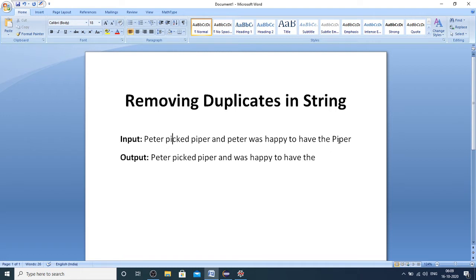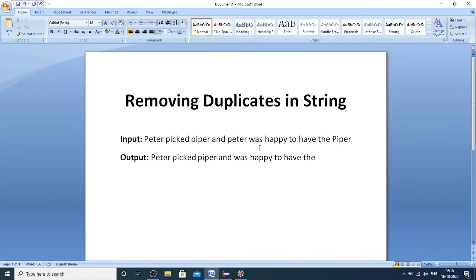But you need to ignore this case while comparing, and then you just need to keep the first occurred word and ignore the other one, and then you need to return the string by removing such duplicate words, and this is the output.